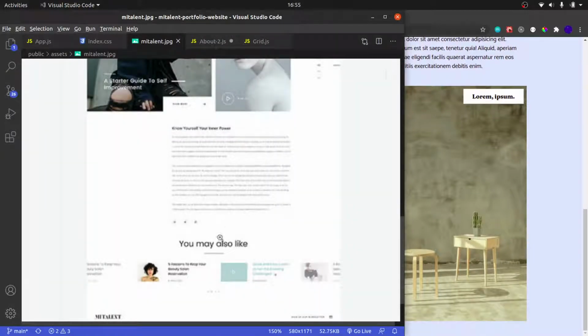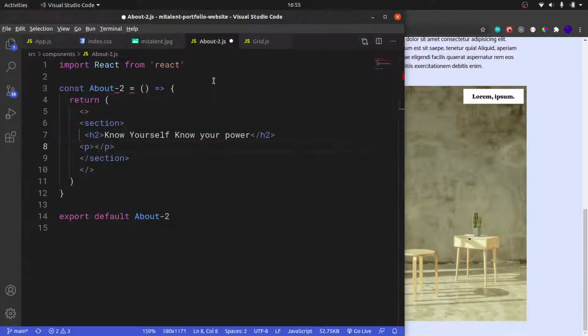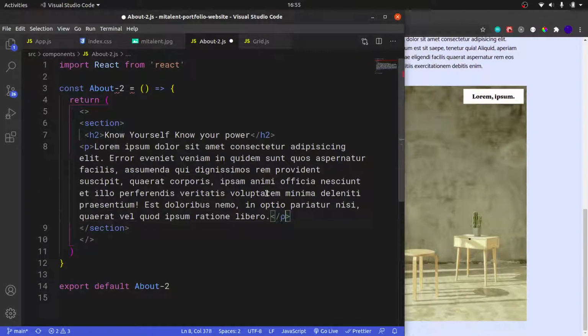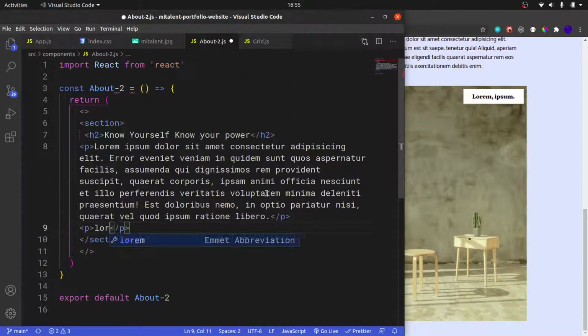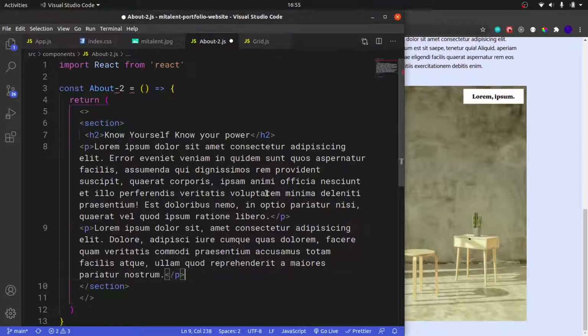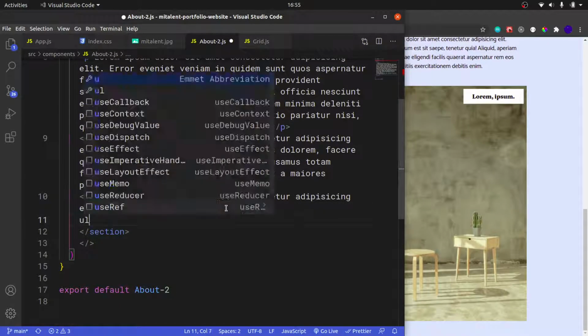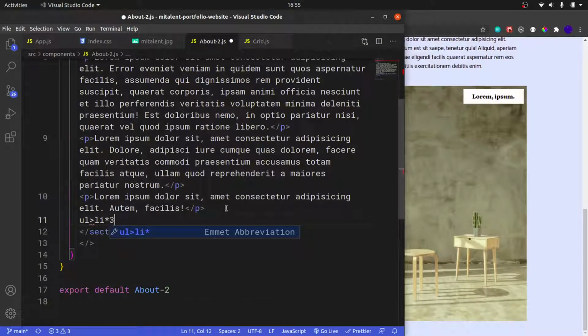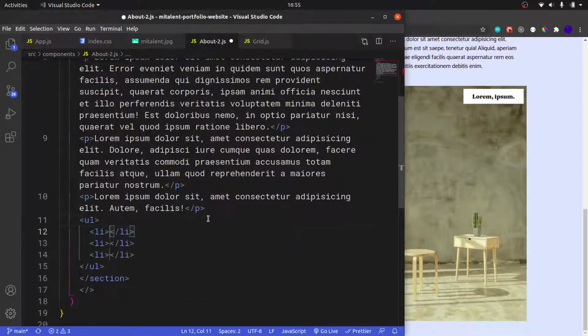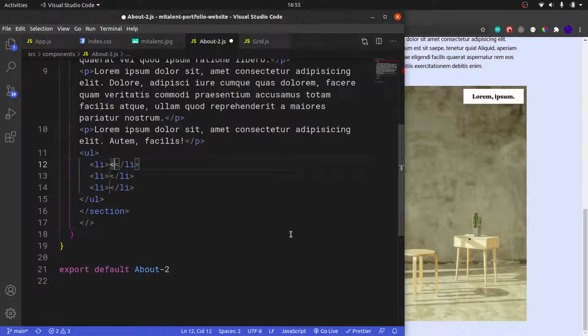1, 2, 3 paragraphs with probably some social media icons at the bottom. So let's say paragraph 1 is going to say lorem 50, and then paragraph 2 is going to say lorem 30, and then paragraph 3 is going to say lorem 10. And then at the bottom, I want to render a UL, and this UL is going to have 3 list items, and these list items are going to be social media icons that we're going to import. So the first one is going to be probably GrFacebook, like that. The second one is going to be GrTwitter,